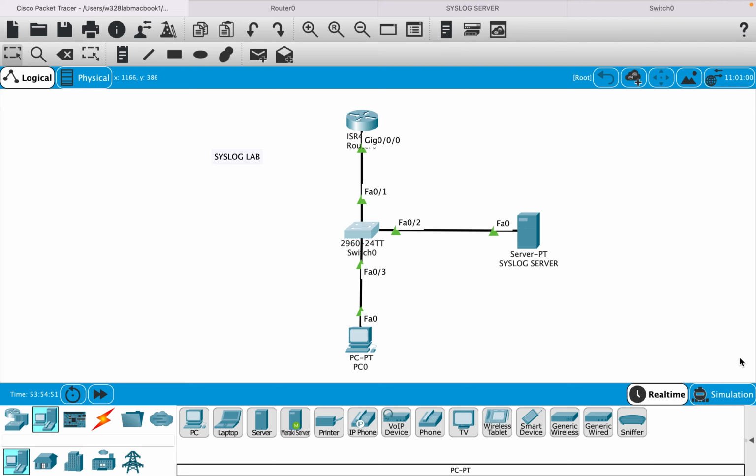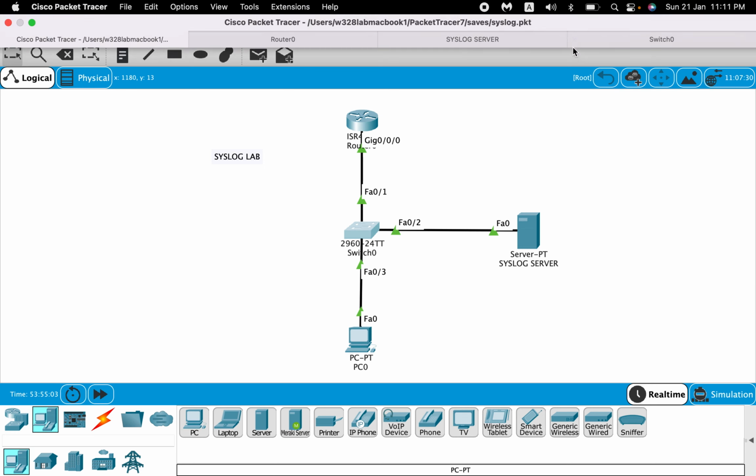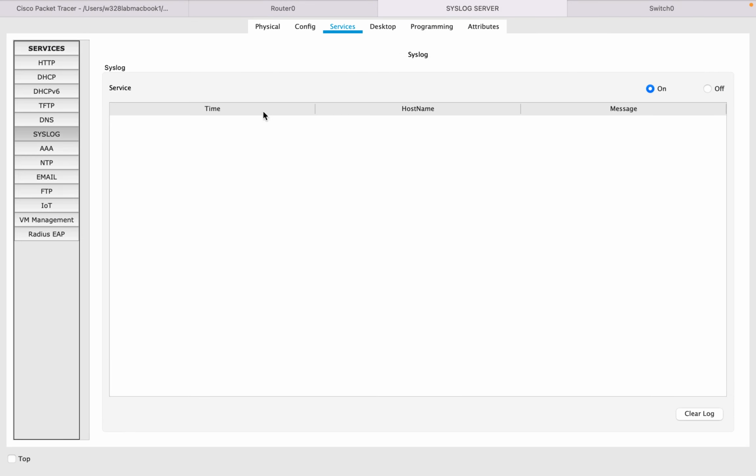Before that, let me tell you the IP addresses configured. The router is 192.168.1.1/24, and the syslog server IP is 192.168.1.2. So in the Packet Tracer, I have already enabled the syslog service,